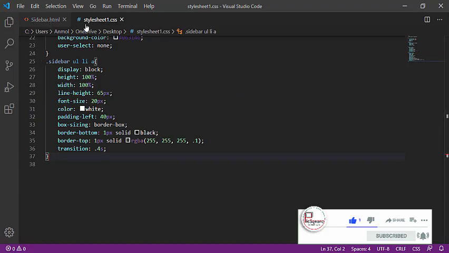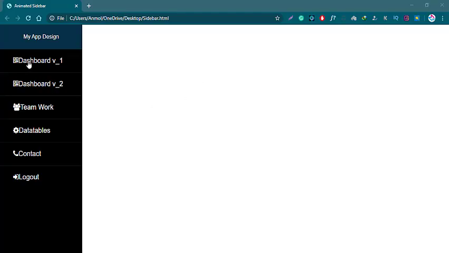Save it and then giving some margin and padding between the icons and list items.